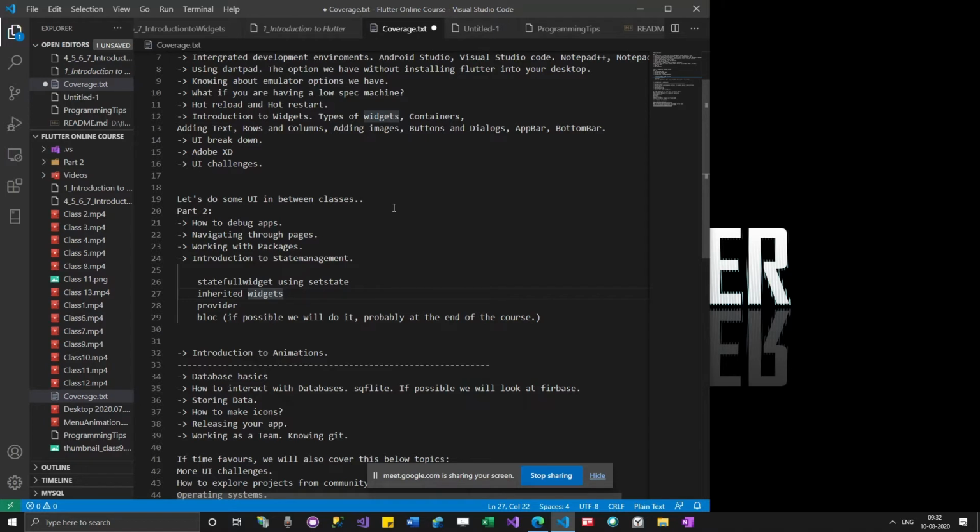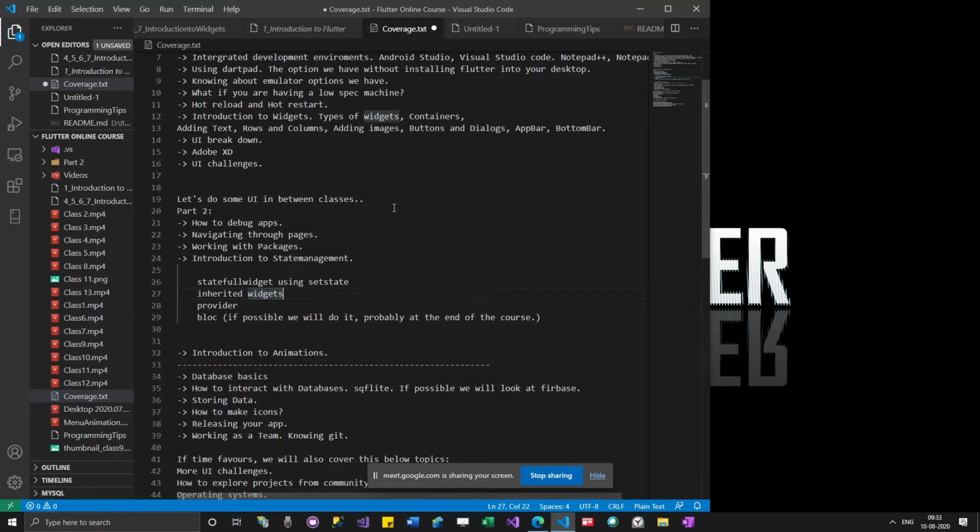It might take some time for you to understand what exactly it means, because when you are using more stateful widgets, you will understand, this is the problem with stateful widgets. So this is one of the problems. The other problem with stateful widgets is, whenever you are using a stateful widget in your app, it actually rebuilds everything. If your app is small, stateful widgets are very much fine. When your app grows bigger, stateful widgets will become a problem, because everything will get rebuilt.